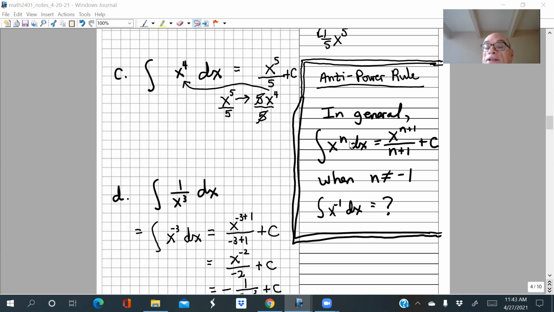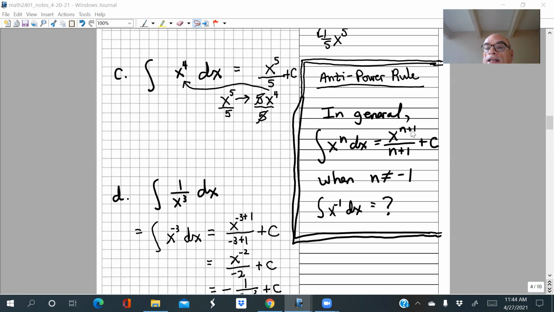So if the integrand, the formula you're trying to integrate, is a power of x, and this can be virtually any power, so it can be a fraction too, or it can be a negative power, then the anti-power rule says it's easy to find this antiderivative. We just run the power rule in reverse. And when you run the power rule in reverse, what you do is add 1 to the exponent instead of subtracting 1, because that's what we do in the power rule, right?